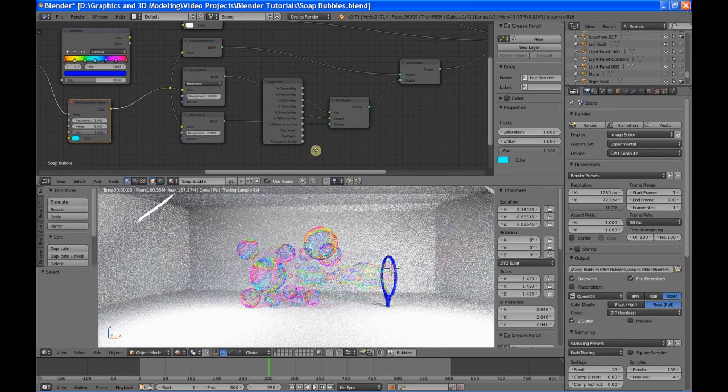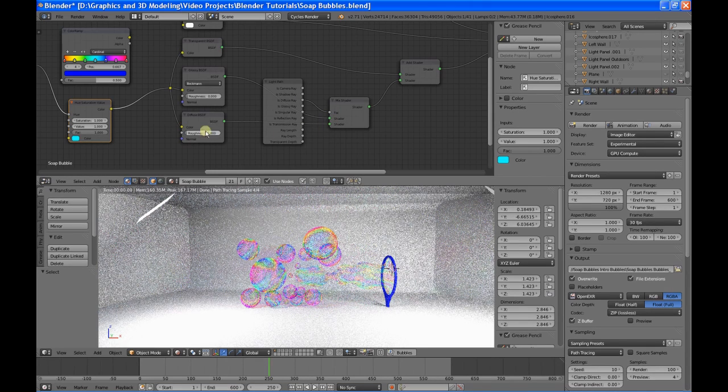What it does is, if the bubble gets hit by a diffuse ray, a ray that has bounced off of a diffuse surface, it tells the ray that it's not seeing a glossy surface, that it's seeing a diffuse surface. By using this mix shader, it tells it, well, if it's a diffuse ray,